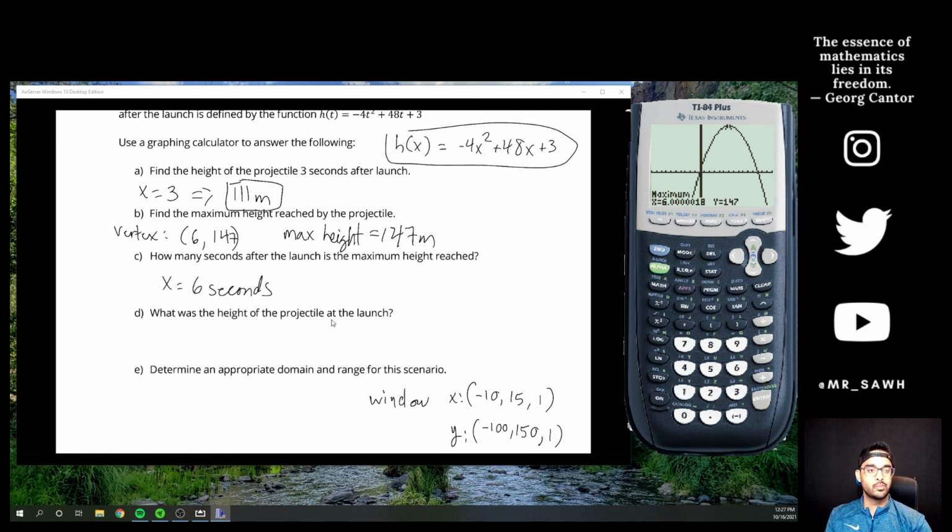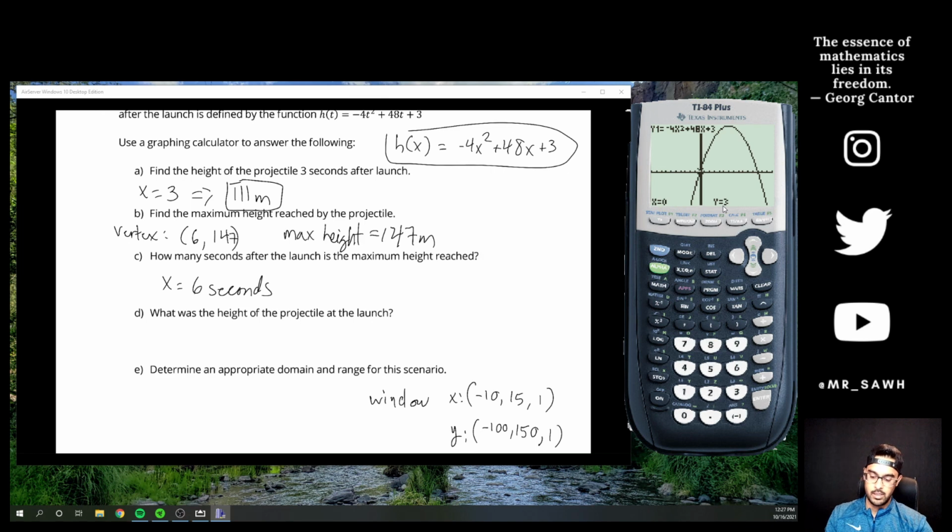What is the height of the projectile at launch? Well, if I'm launching it, that's when x should be 0. The original, the time 0 of this to see where it happened. So really what you're looking for is the y-intercept. So again, you can make a value for x, but make it 0, and you'll see that the initial height